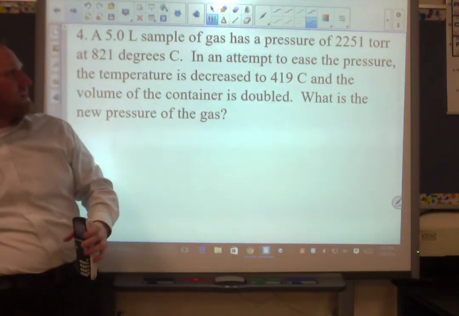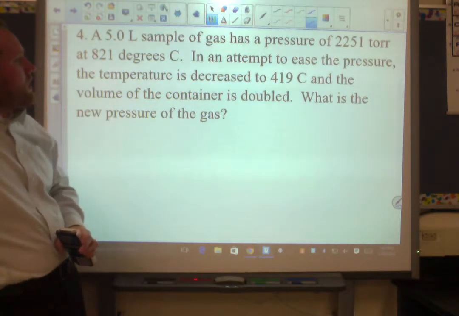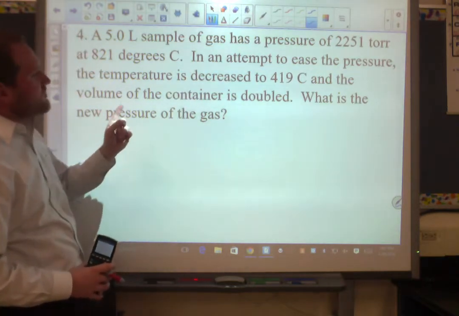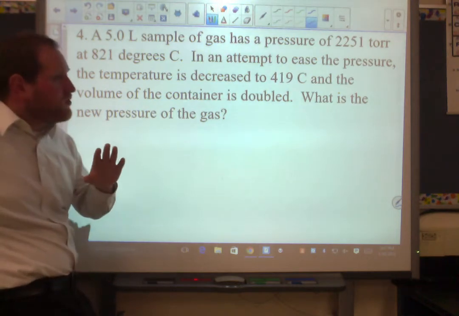A 5.0 liter sample of gas has a pressure of 2251 torr at 821 degrees Celsius. I can already tell, combined gas law problem. In an attempt to ease the pressure, the temperature is decreased to 419 and the volume is doubled. So we're attacking it both ways. Remember, when you